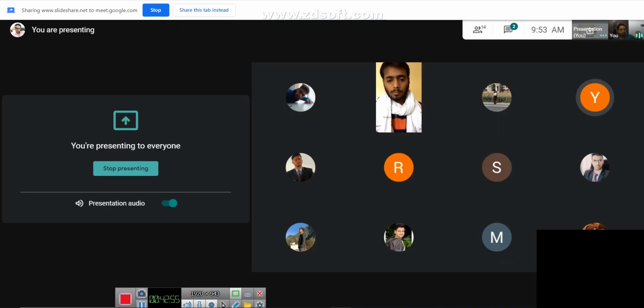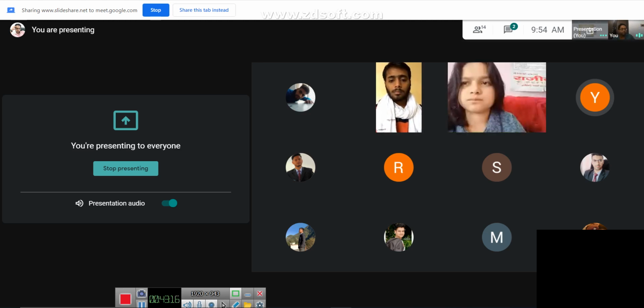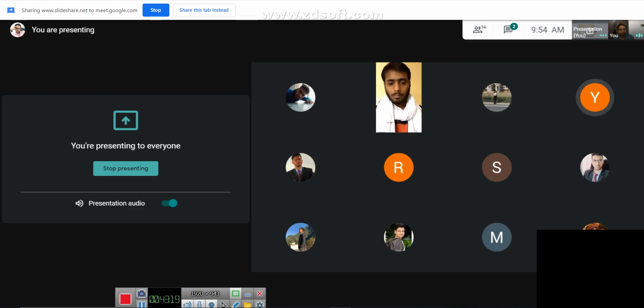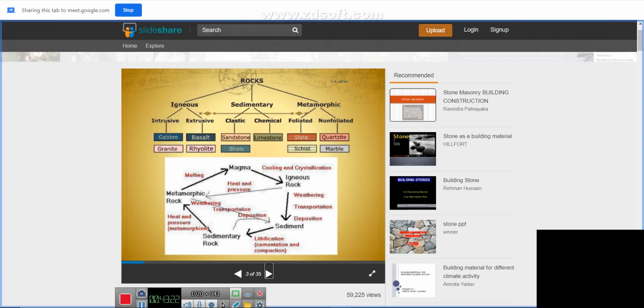If certain particles have fallen down from the rock, and wind is blowing or running water is flowing, the particles will be carried from one place to another. This is known as transportation. Once the particle is transported, it may get deposited at a certain point. This is called deposition. So weathering, transportation, deposition: sediments will be weathered, transported, and deposited at one particular place.